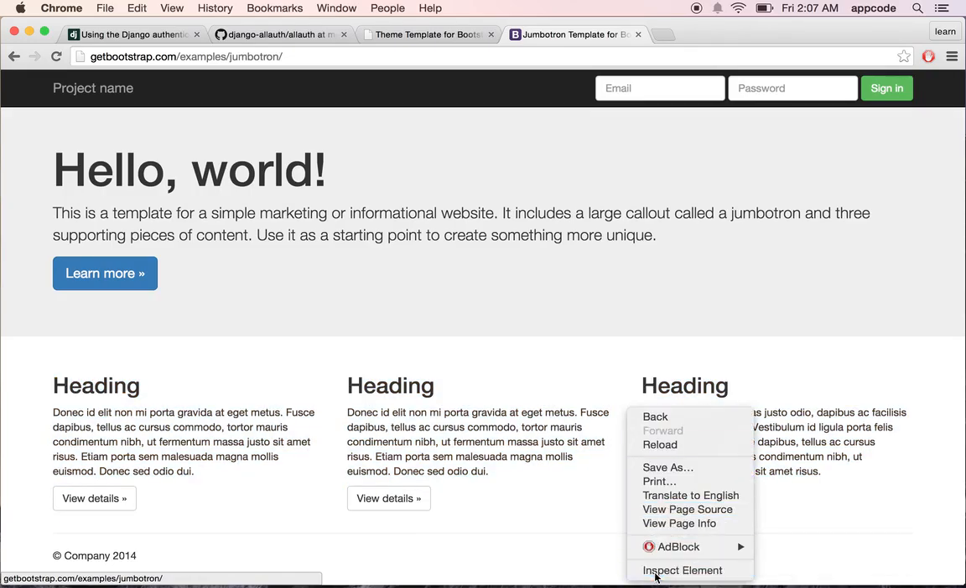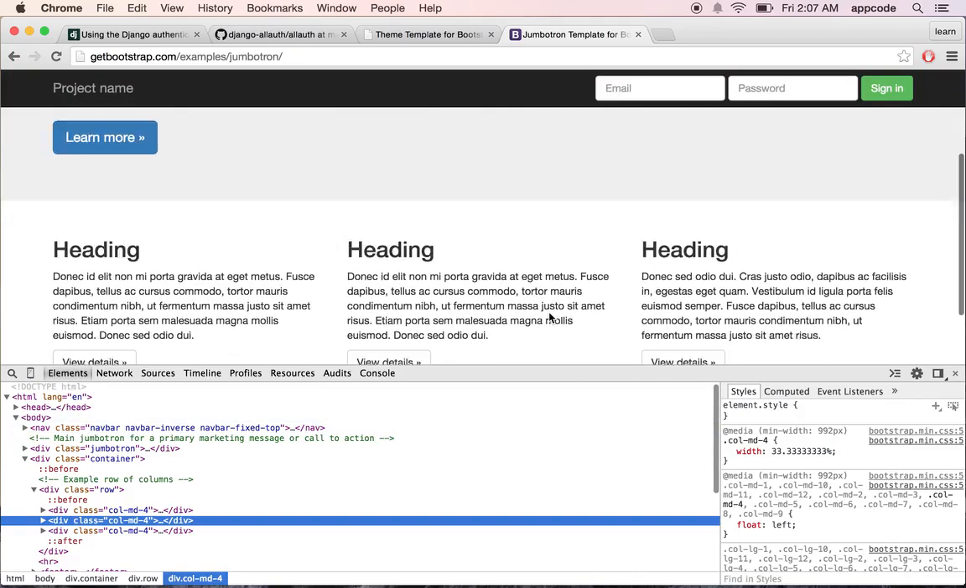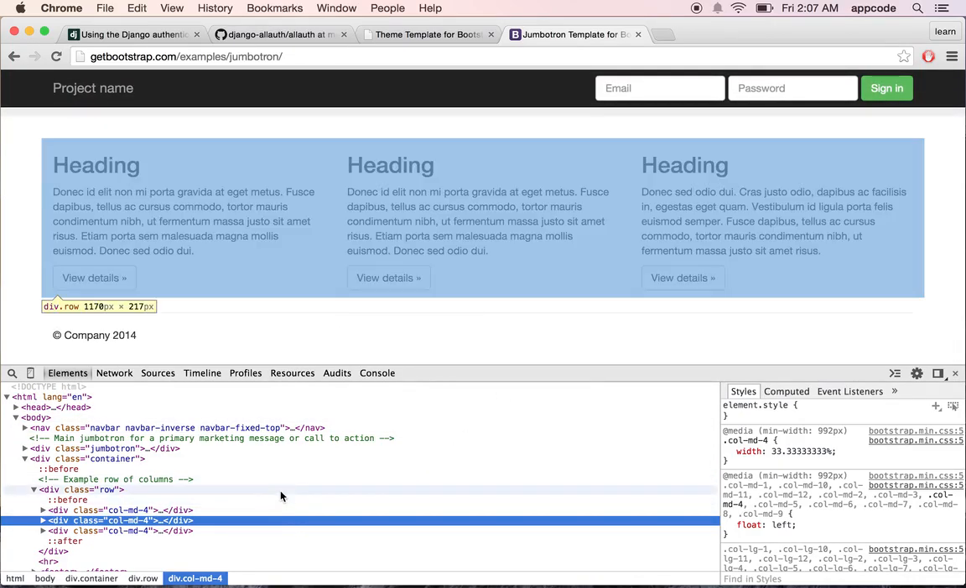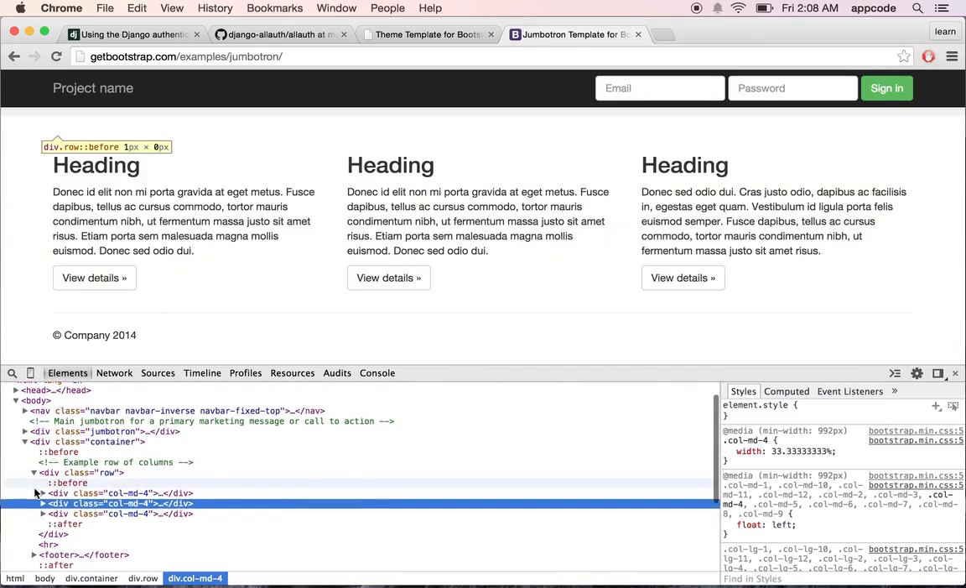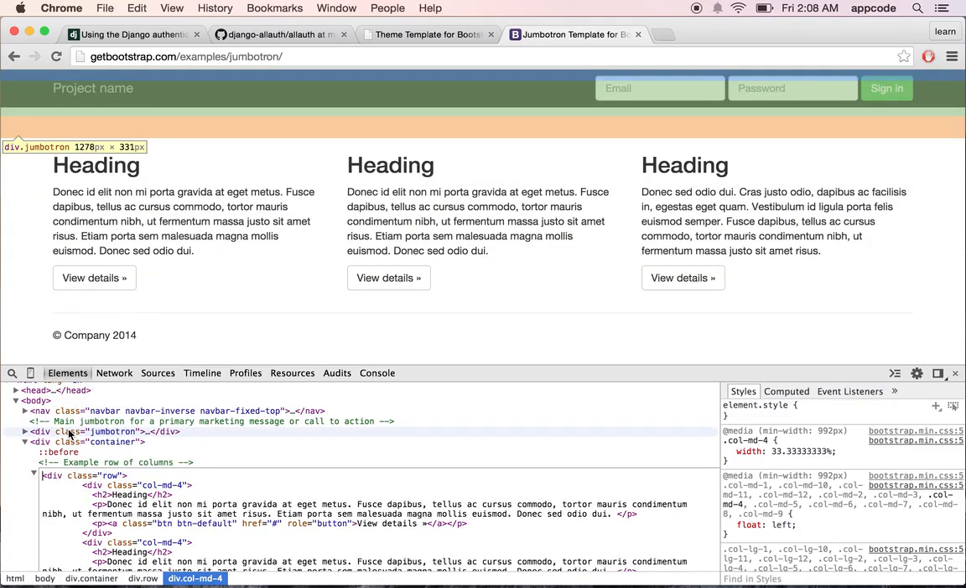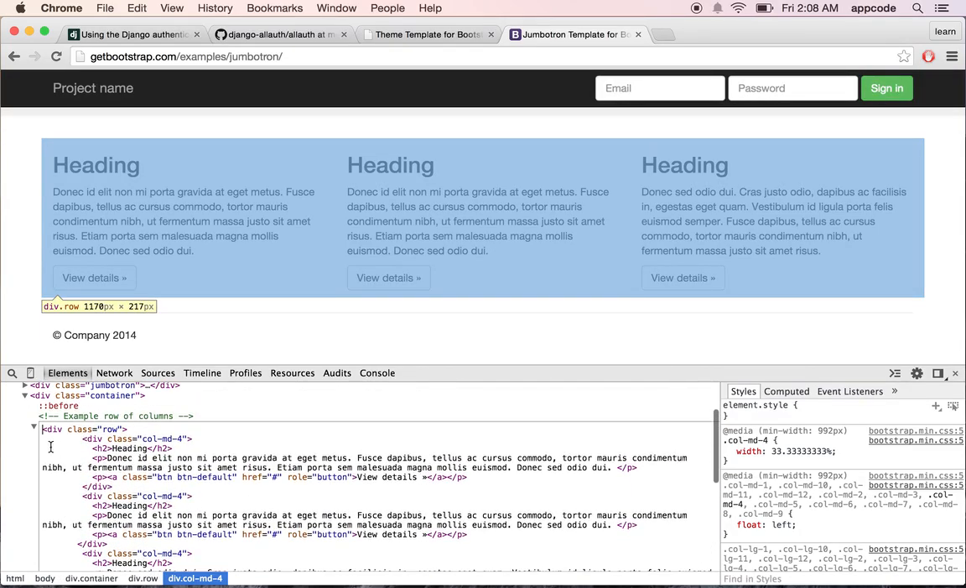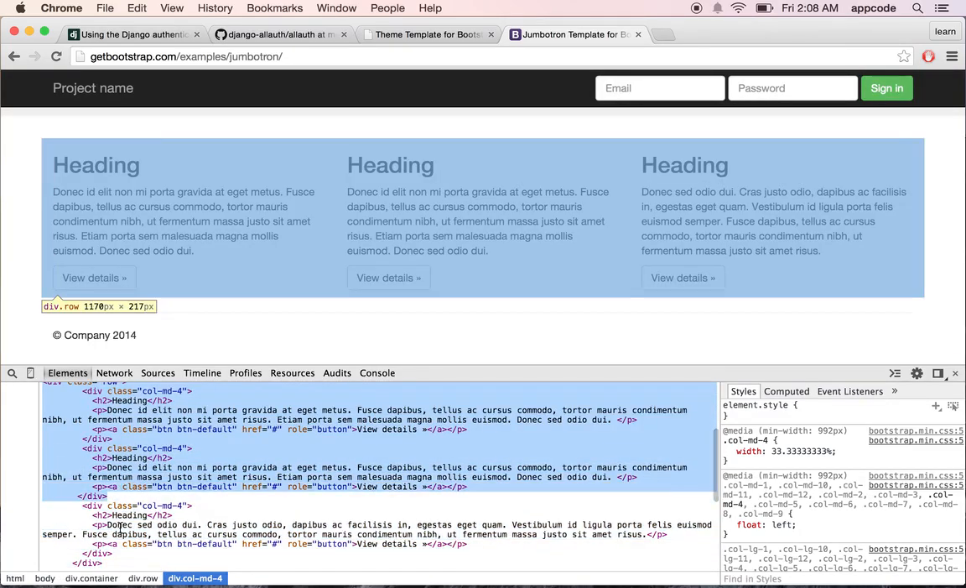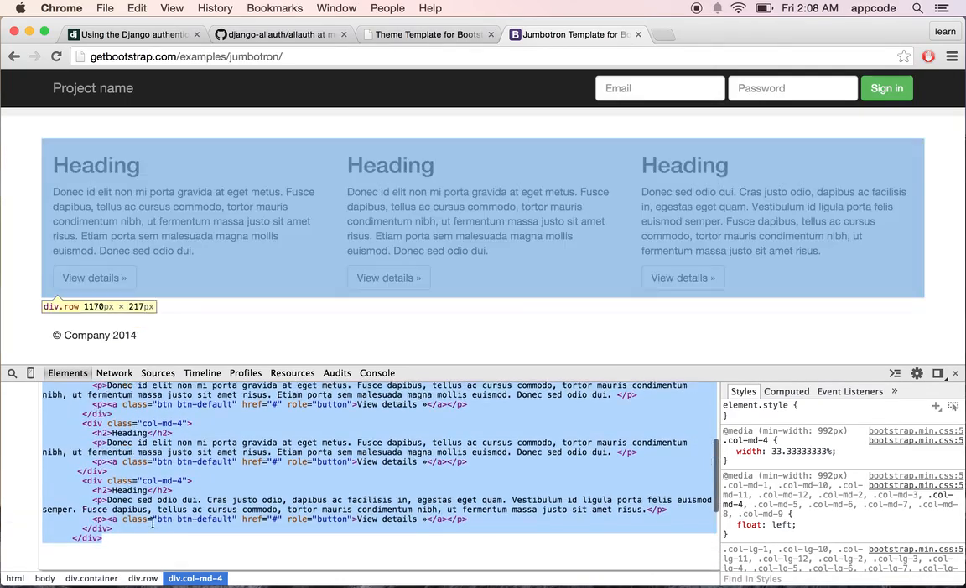So inspect element. And then I can see where this row is by highlighting. There. So I need all that. So if I make that bigger, and then hit edit as HTML, copy all of this code from the row,